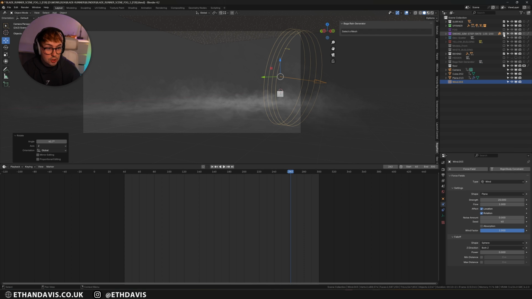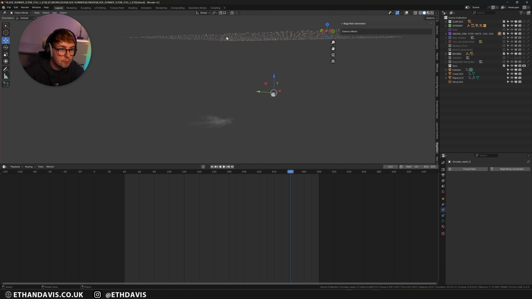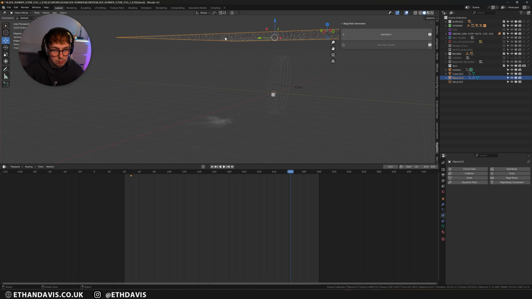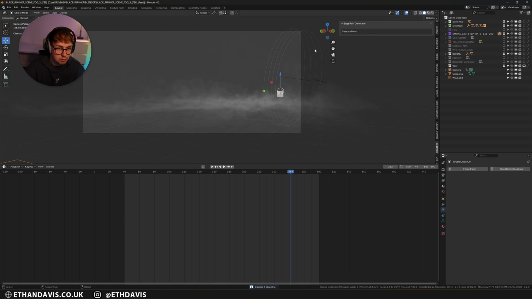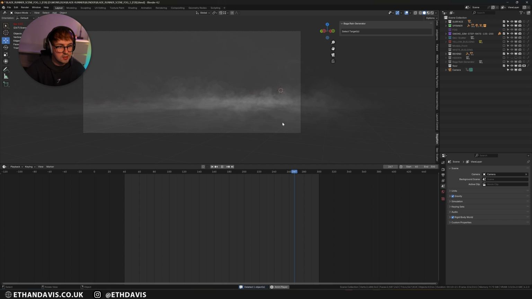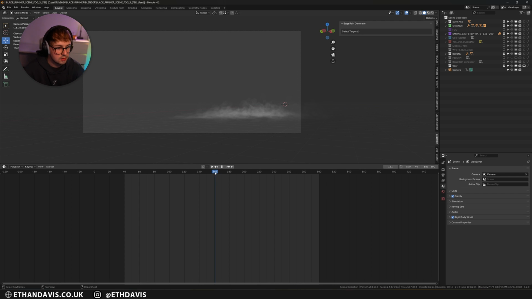The last thing we're going to show off in this scene is the smoke sim. So this was done in Embergen, which I will go into. I will show you it. Let me just delete everything out of the scene. So yeah, this is the simulation. It was like a really high quality simulation. It might even crash my scene if I try to play it. But yeah, there you go.